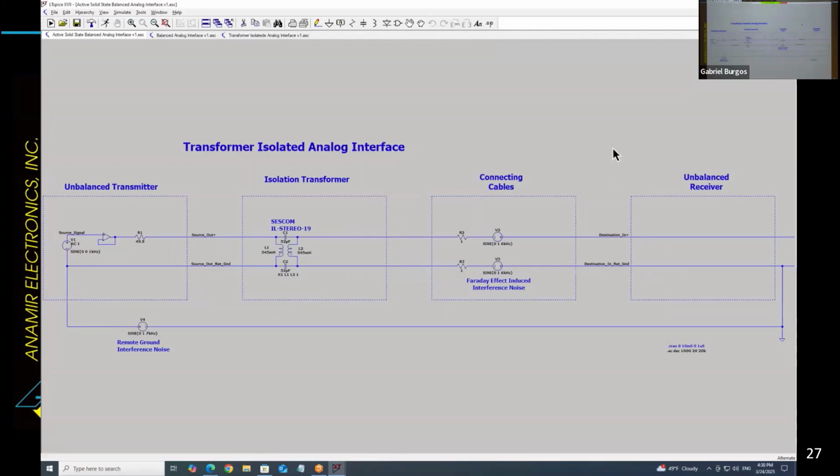This is an actual professional audio isolation transformer. It does not have good low frequency response. It's very hard to make a good isolation transformer with very low frequency response, so they tend to be expensive. They're bulky, and it's probably a good idea to try to avoid them if you can. So a lot of equipment makers instead use a